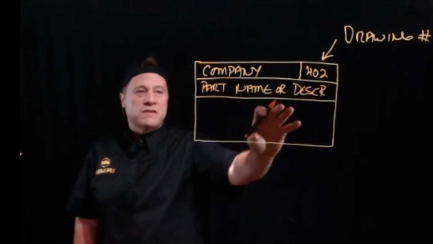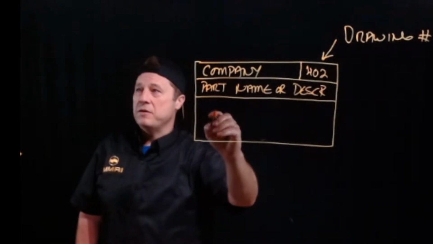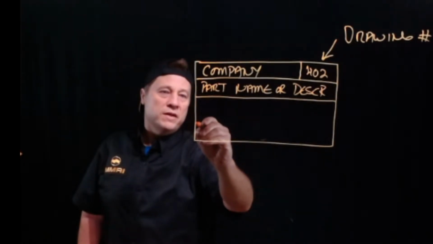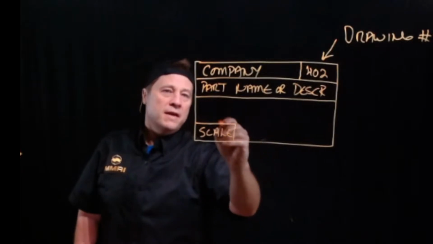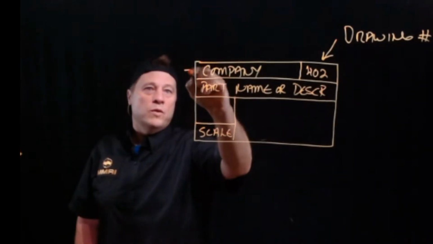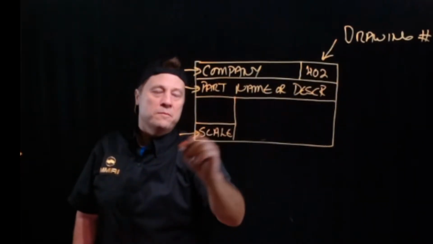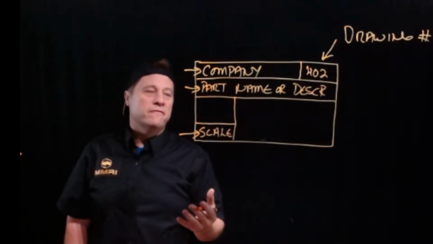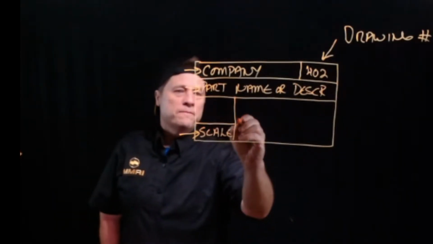And then for the rest of the title block, we have a couple more pieces of information that we need to put here. Somewhere on here, we need to see the scale. And typically something else you'll see, even though we've got the four main pieces of information here on your title block, there's typically some other information on here that's usually helpful to the machinist. So you may see